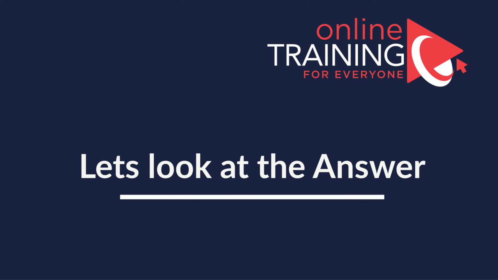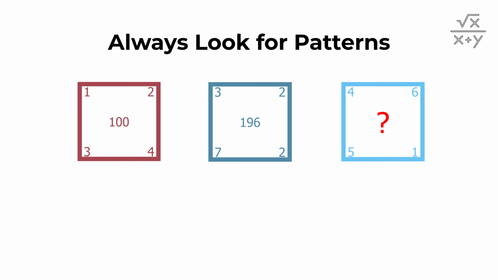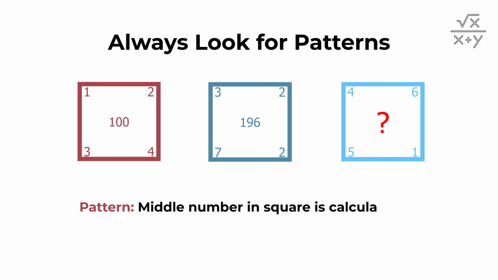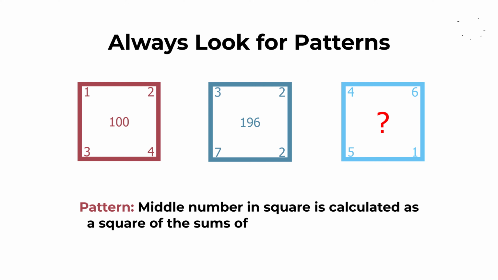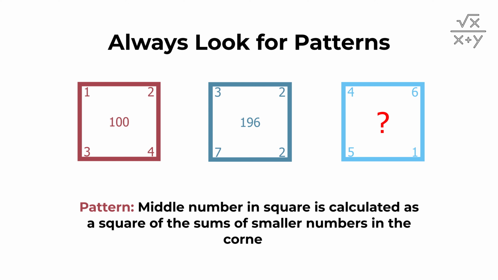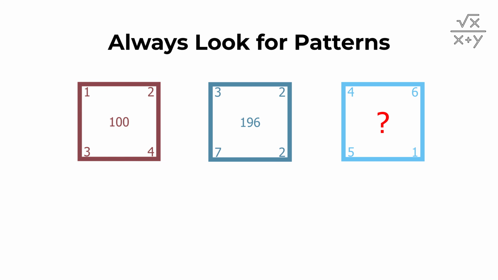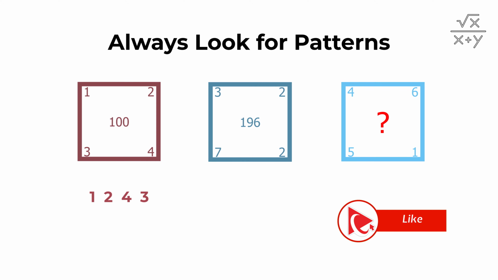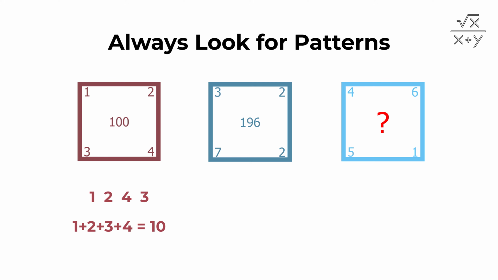As usual, to solve any challenge, my advice to you, always look for patterns. And the pattern here is that the middle number inside the square is calculated as the square of the sum of the smaller numbers in the corners. Let me explain. Let's take the brown square. We have numbers in the corners 1, 2, 4, and 3. The sum of 1, 2, 3, and 4 is 10, and 10 squared is 100, and this is how 100